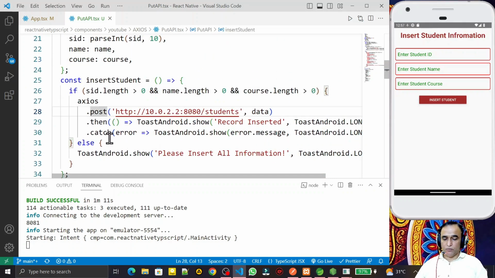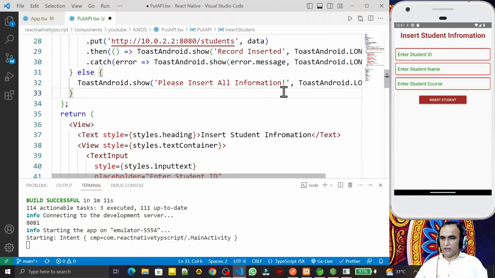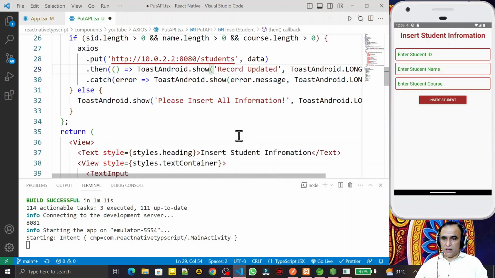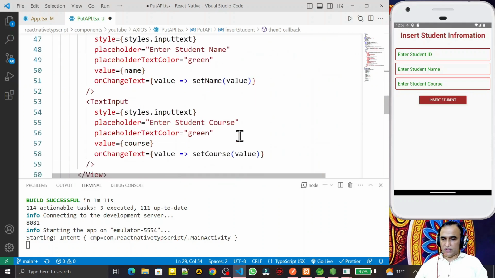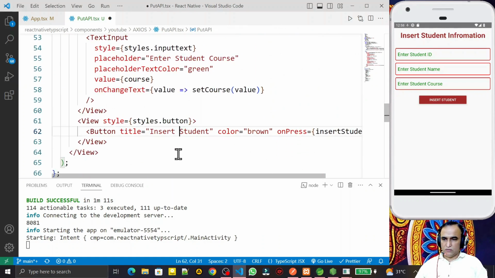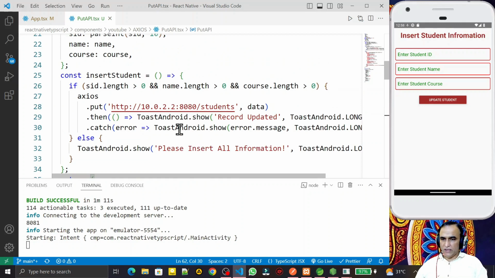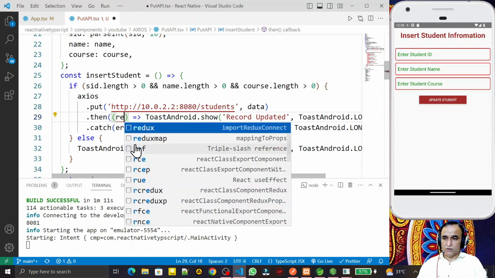In place of post I have to use a put request here, and on the button I have to say a record updated message. Then I have to change the text on the button, so I say update student, and save all these. Done. Now what I need to confirm is that after updating the information I will have a response here,